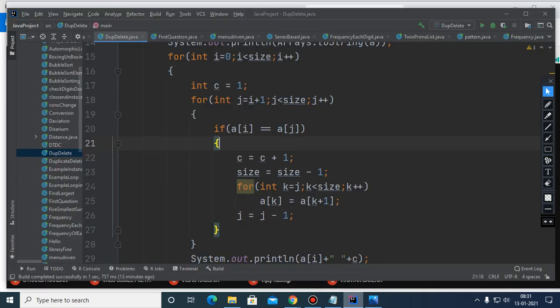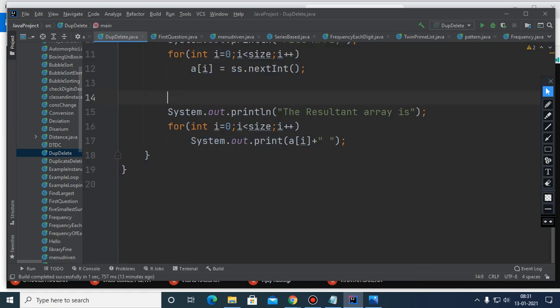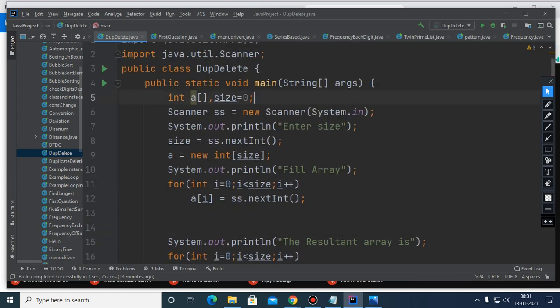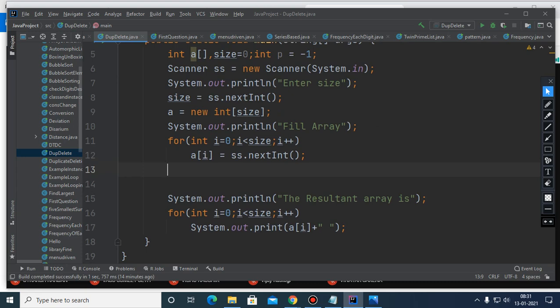Okay, now children, one of the basic methods I'm just going to tell you. Suppose in this question you have to shift all the negative elements towards left, right? So here I have taken one variable p equals -1, and p is representing actually the end point till where you have to move. And if you want to shift towards left, in that case the outer loop will start from size -1 and go towards this p. So since p is -1, we are covering all the elements.